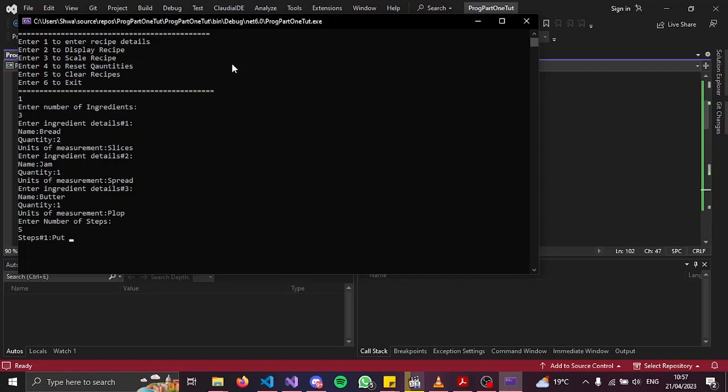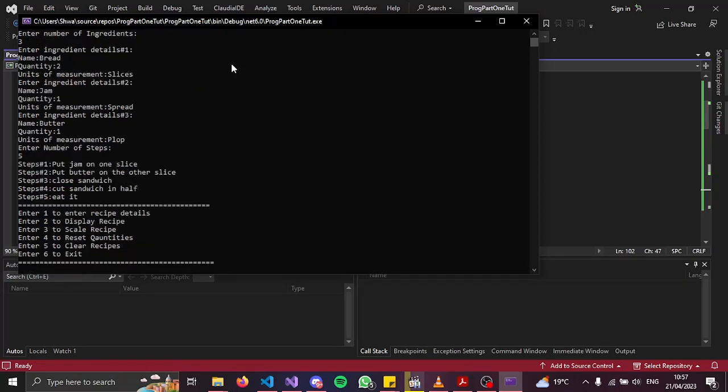Put jam on 1 slice. Put butter on the other slice. Close. Sandwich. Cut sandwich in half. Eat it. Okay, so now if we display our recipes,